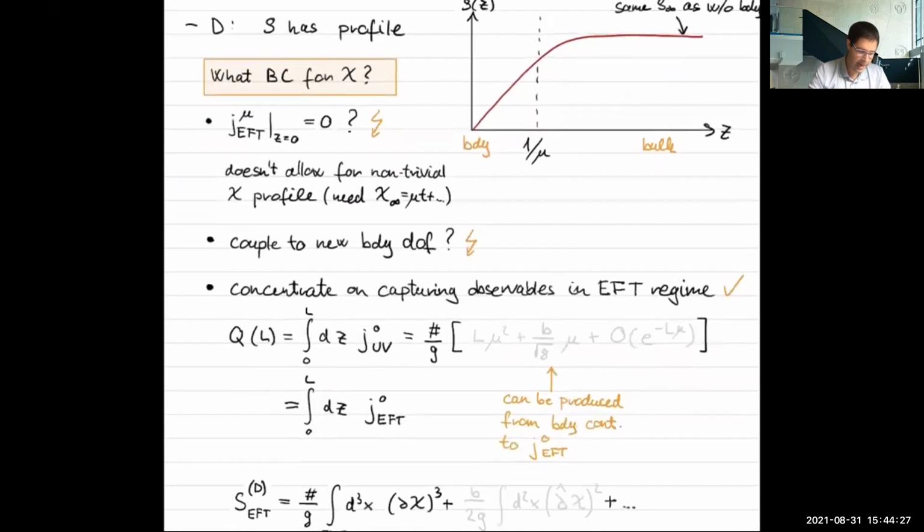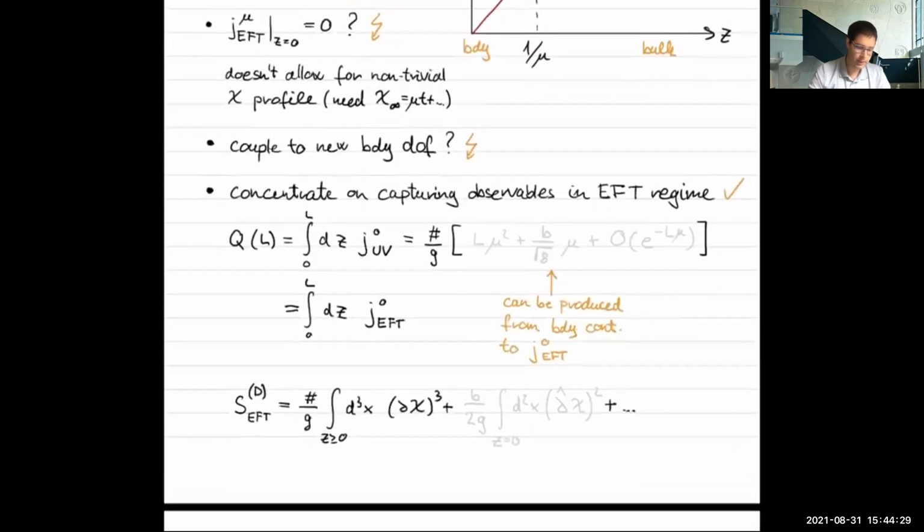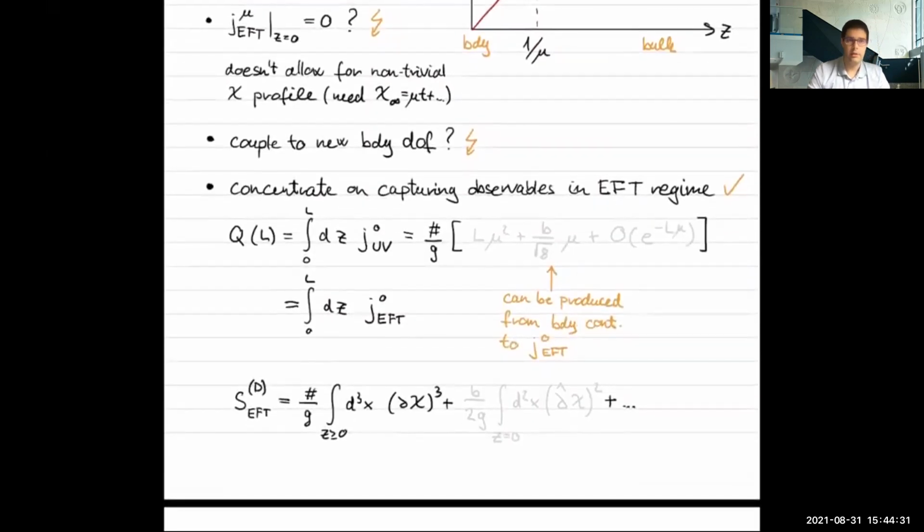So the way out is to concentrate on what we really want to capture through the CFT. We want to be able to compute physical observables that are in the EFT regime, and which we then match to whatever answers we get from the UV. Okay, so one simple observable would be the charge in